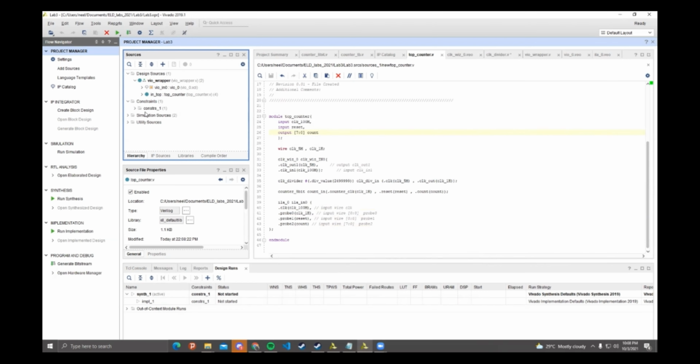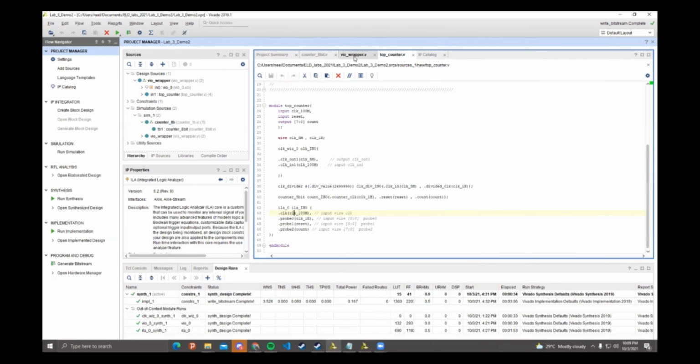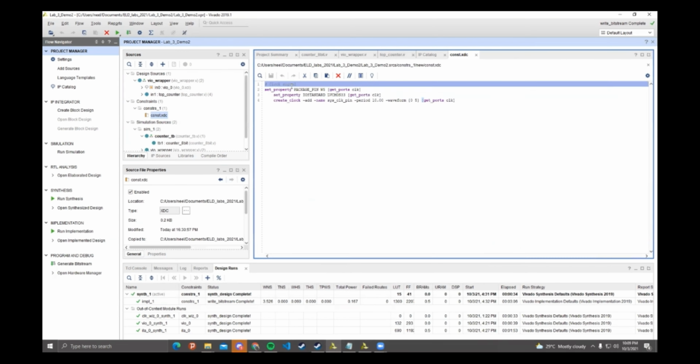So you can use the same constraint file that you used in the previous lab. In the previous lab, I used this one over here. Yes, again.